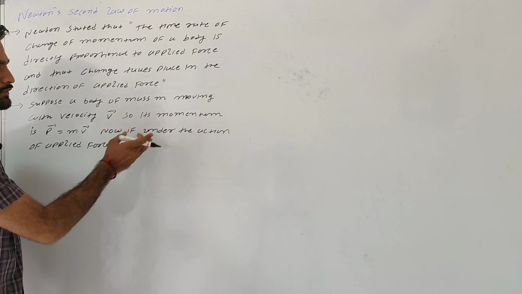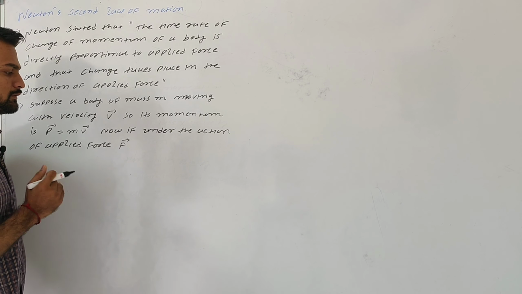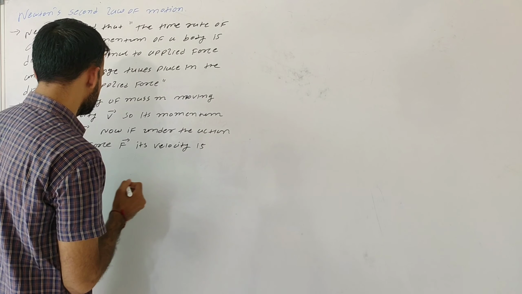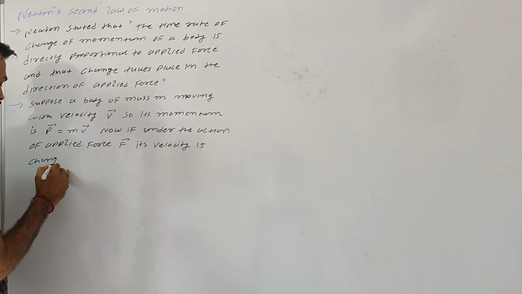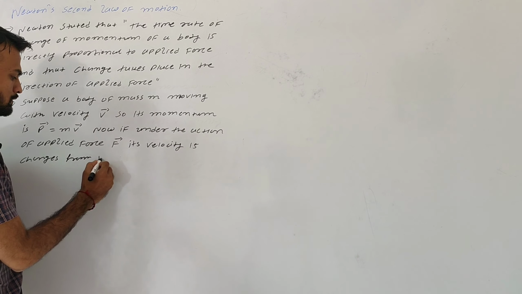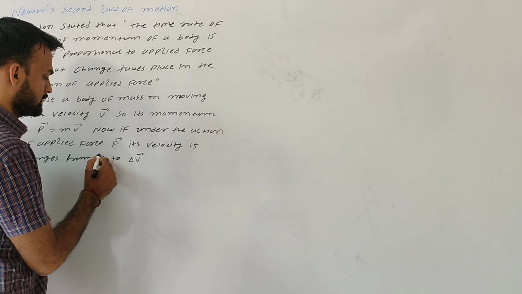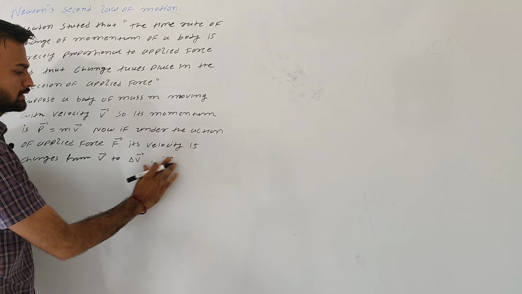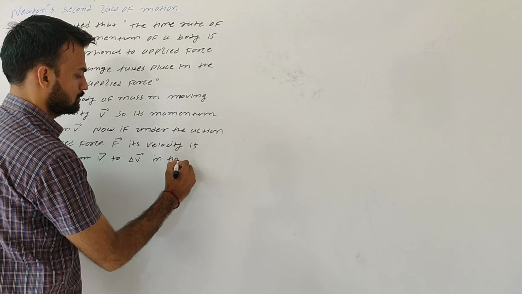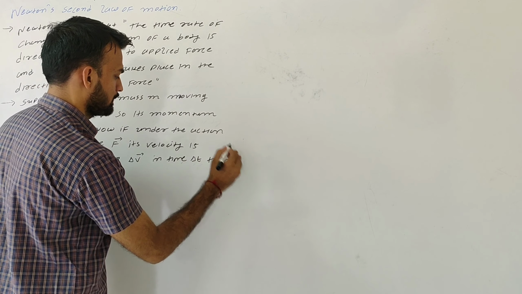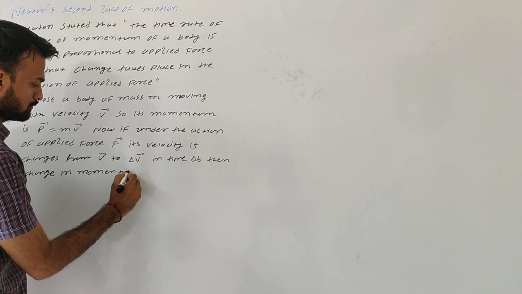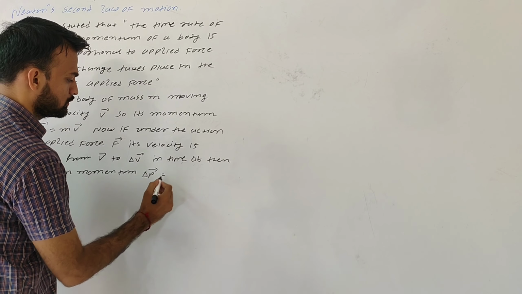So here we can say now, if under action of applied force F, its velocity changes from v to v plus delta v, then in time delta t, we can say change in momentum, delta p, is equal to what, we can say